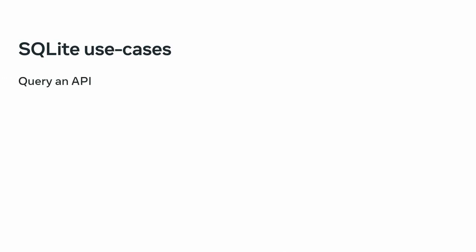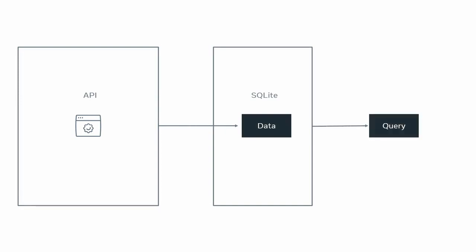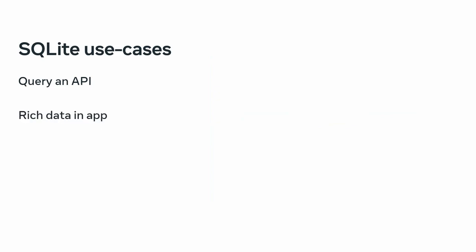For example, you may query an API for data. The API may be expensive or it may not work well under heavy load. In these cases, you may choose to persist the data returned from the API locally. If you store the data using SQLite, you can easily query it for slices of the data that you're interested in. Another example could be that you have rich data bundled in your app in a comma-separated or JSON format